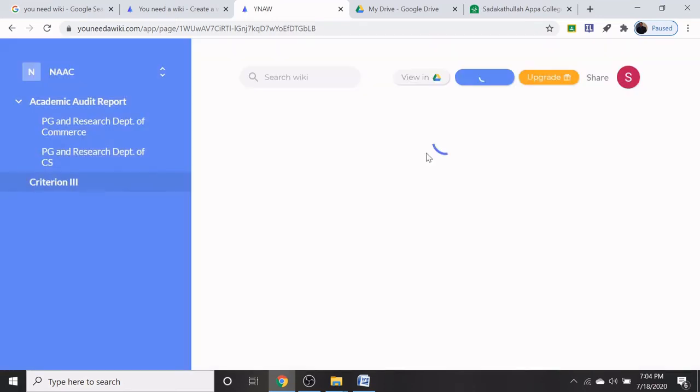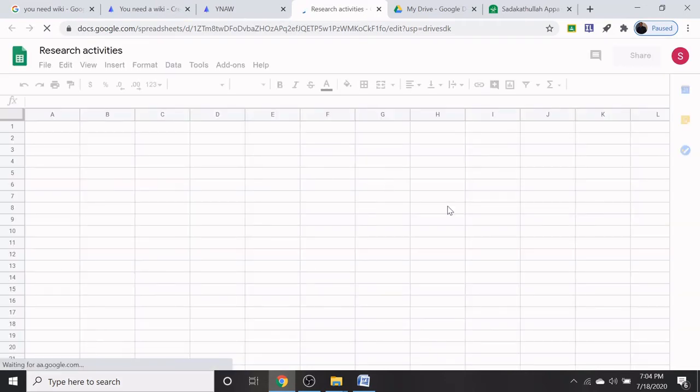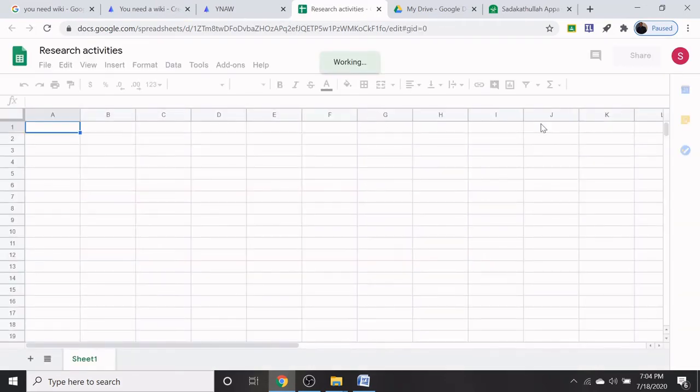Click on create. A new sheet will be created, and again the edit option will appear. If you want to edit, click on the edit button. A Google sheet will appear.